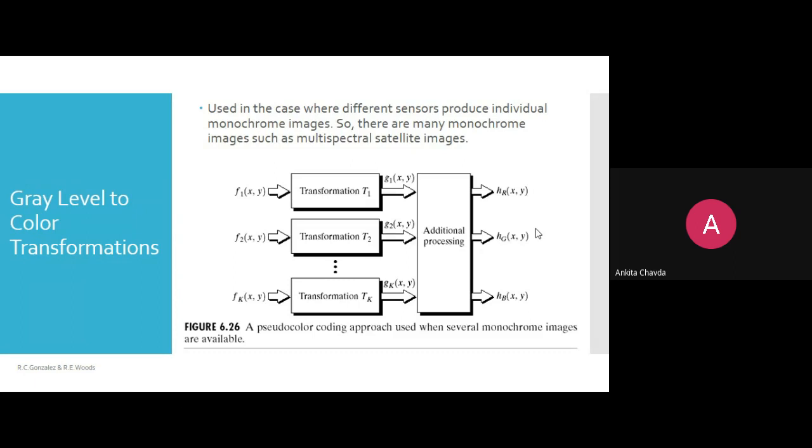Yes, or 3 colors, because you have taken that image. Now it's a grayscale image, but whenever it is actually taken, it is taken in some wavelength. So that color would be visible, but you have converted it into grayscale. Your system has converted it into grayscale, so it will look like a gray image. But if you give that image to your color transformation, then it would be visible, and according to that it will generate the colors.